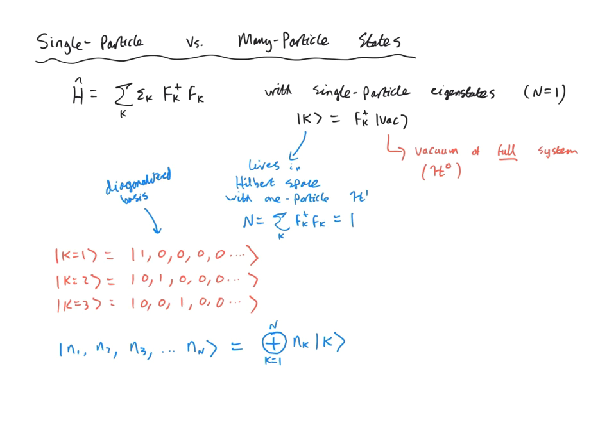And this direct sum means that I can basically add up for each orbital the occupation numbers in here. But because we're talking about single particle states, this will either be 0 or 1. And I add up all of those for all of the single particle states in the system, but I multiply them by the occupation number nk. So if in here, let's say n3 is equal to 0,